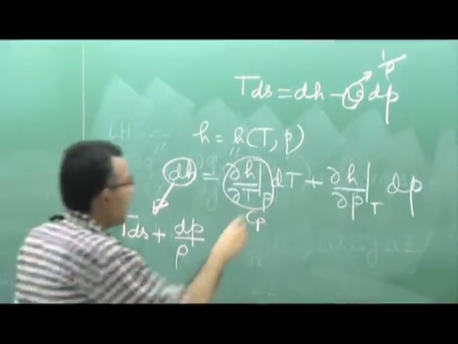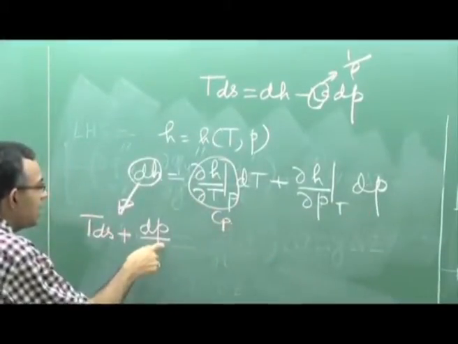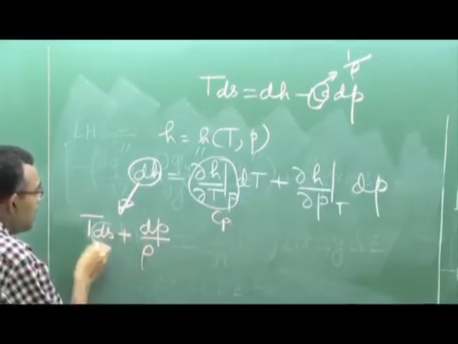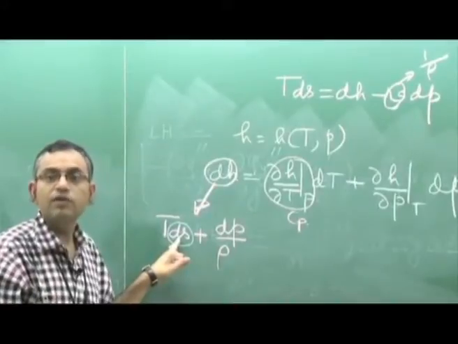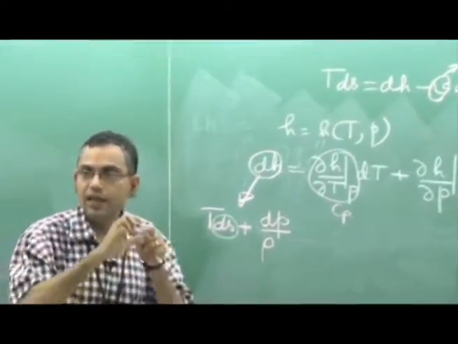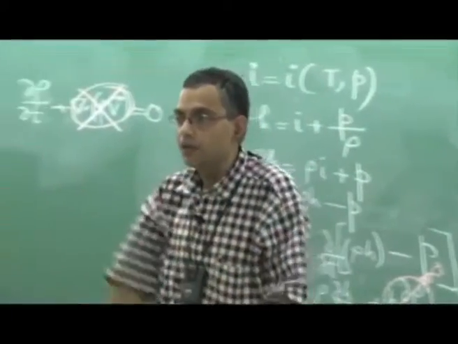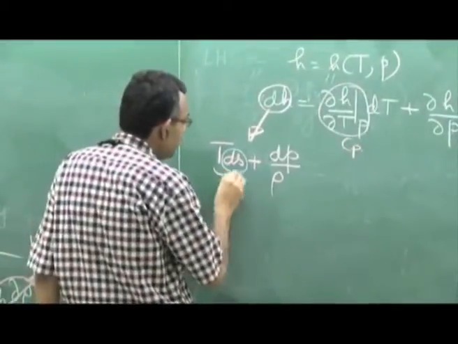Now you can see that the right hand side is expressed in terms of dT and dP, while the left hand side has a dP and a dS. So we can express dS also in terms of dT and dP, because we can write entropy as a function of two measurable parameters T and P. So this will be